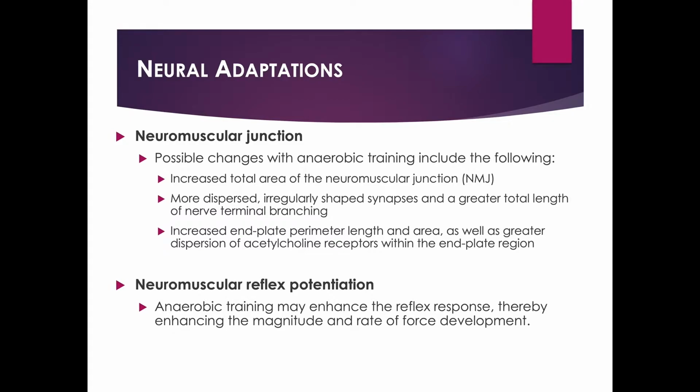You've got the neuromuscular junction. So you can get, with this, basically a better workability between the nervous system and the muscle itself. That's what the neuromuscular junction is, that junction point between the two. So some possible adaptations here, it says, increased total area of the neuromuscular junction, more dispersed, irregular shaped synapses, thus a greater total length of nerve terminal branching. And with all that, you can get an increase in end-plate perimeter length, as well as a greater dispersion of acetylcholine receptors within the end-plate